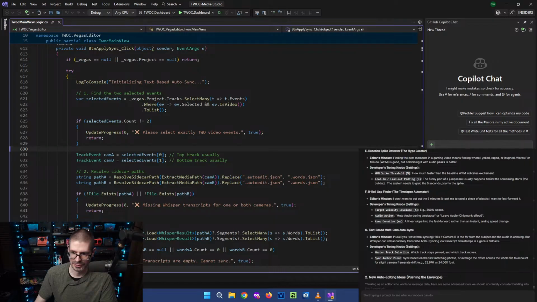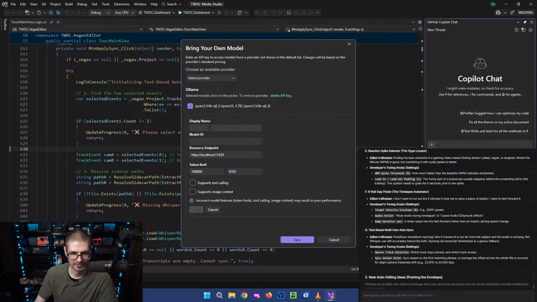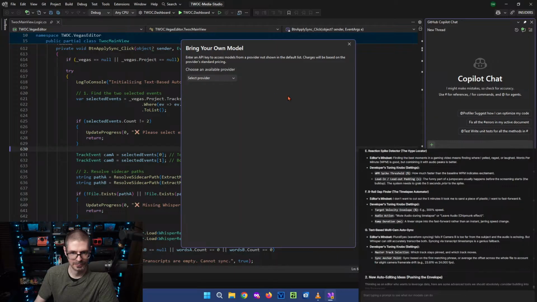Or I could switch to the other one I have in here, but it's a very significantly larger model. I don't know why it's not showing up.